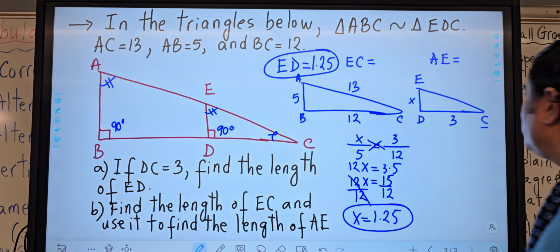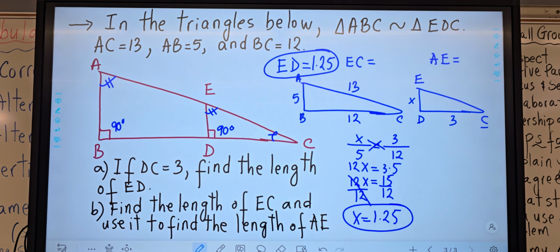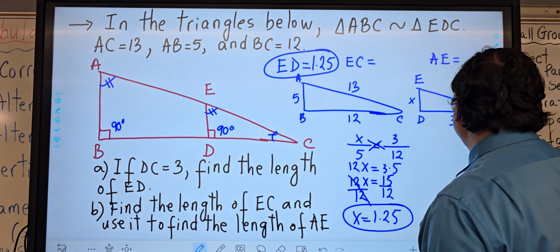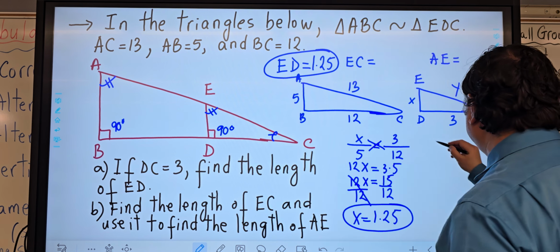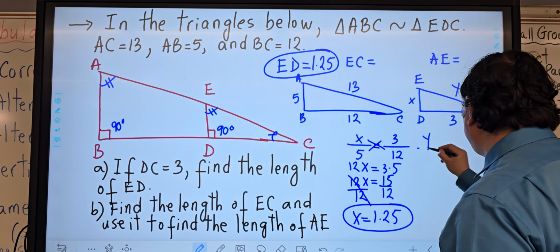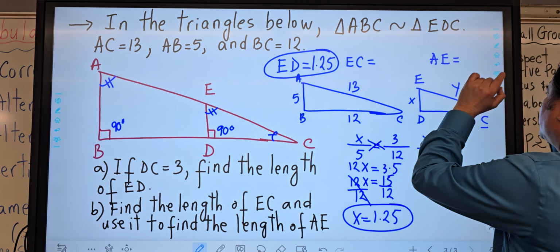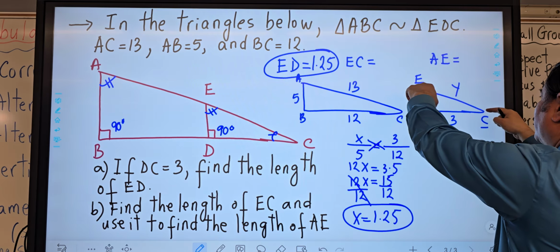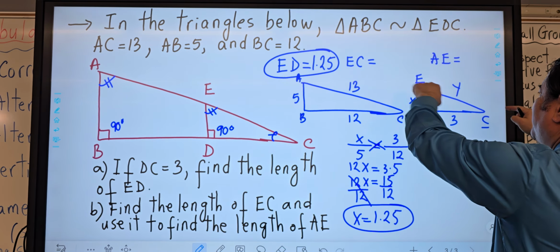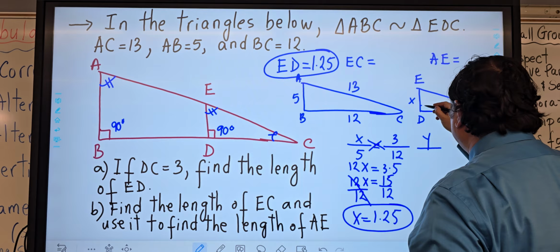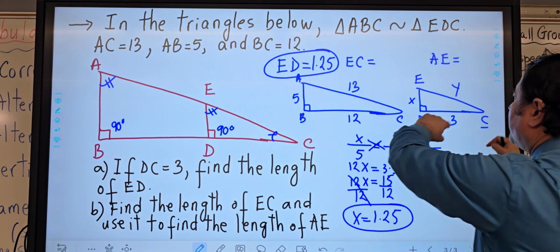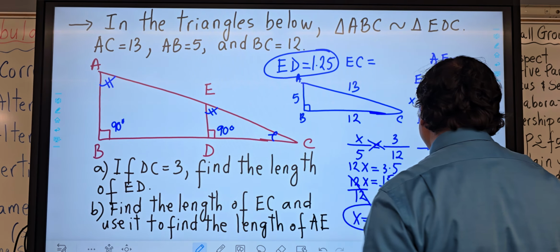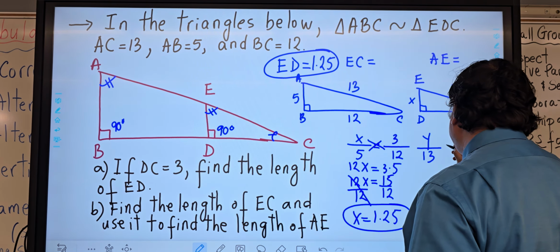Okay, so now we need to find EC. The same thing, we can use the same, let's call this Y. Let's call it ECY. So the same thing, let's start the proportion. So we have Y divided by the longer side of the small triangle. We call this the hypotenuse since these angles are 90 degrees. So the hypotenuse of the smaller triangle divided by the hypotenuse of the larger triangle, y over 13, should equal,